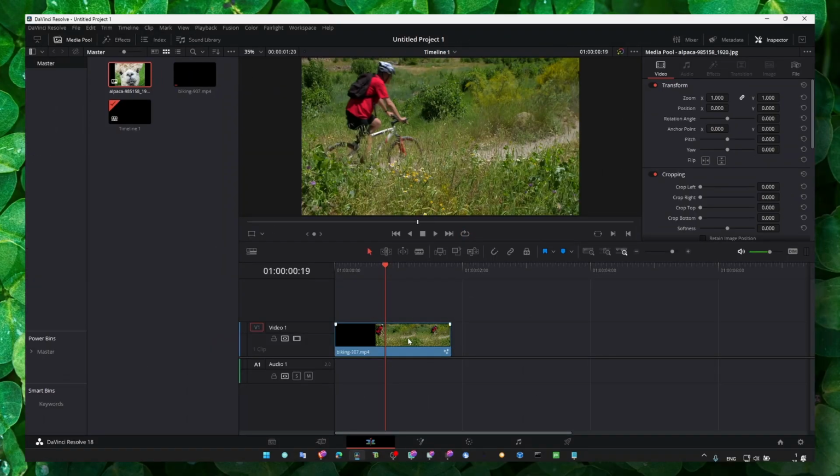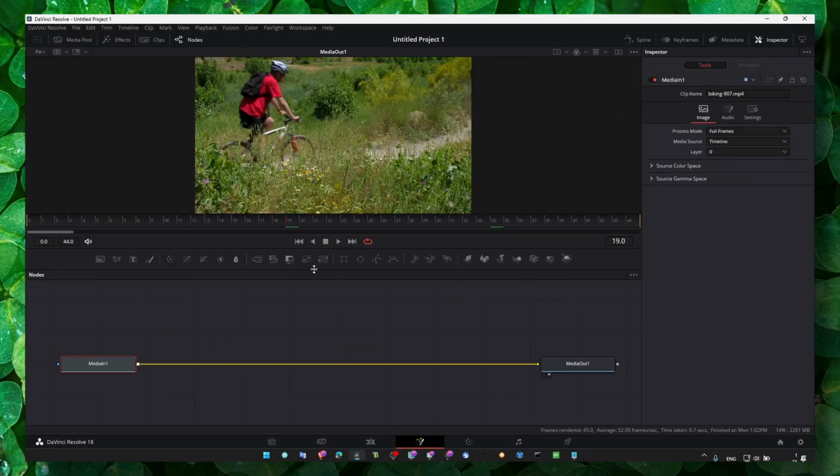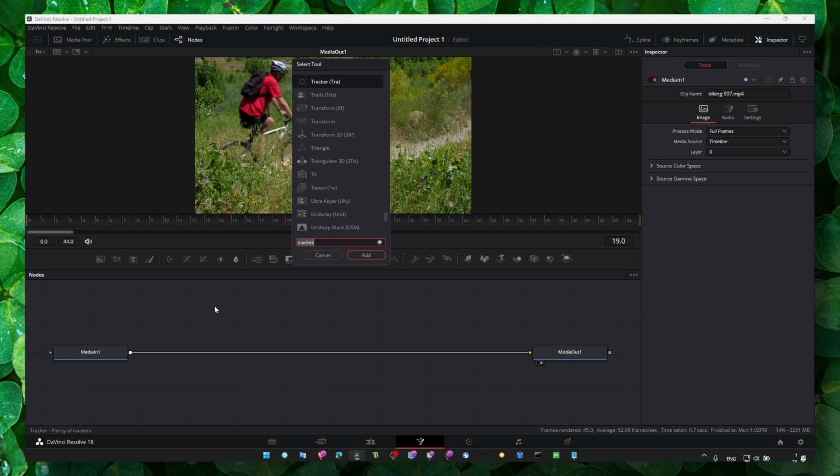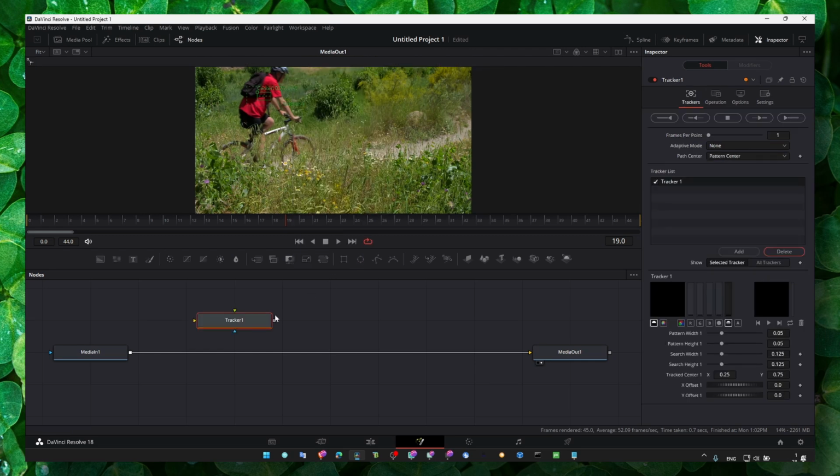So just drag the video onto the timeline, select it, and then go to the Fusion page. Here we have a lot of power, alright? So here just press Control and plus space on your keyboard, and here write tracker, click on add, and then what we have to do is just hold shift so we can add this tracker to the media in and